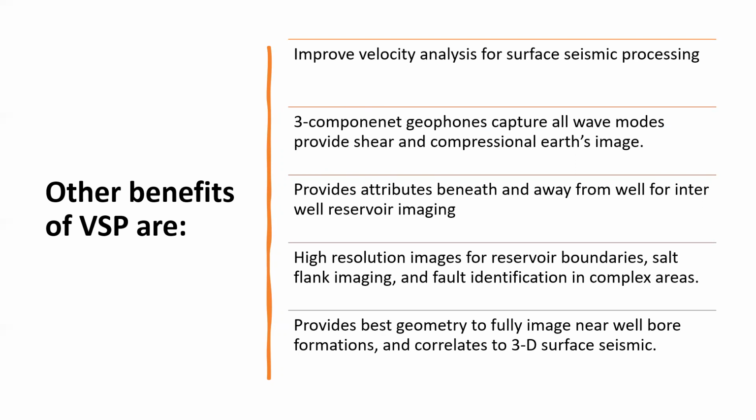The answer is we already know the depth of geophone in case of VSP, and once arrival time of reflection or direct event is recorded, we can find the velocity by using the equation S is equal to VT in a more precise way. So finally, we have more improved velocities, and then we can use these velocities for our surface seismic data processing.